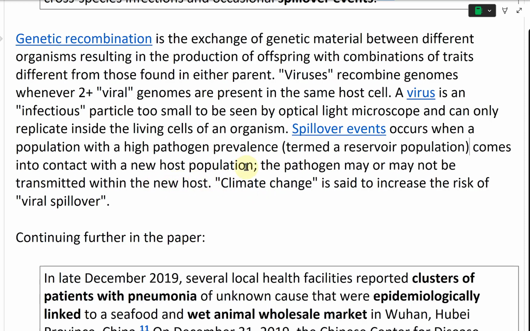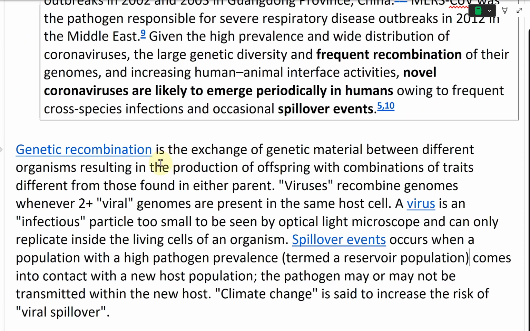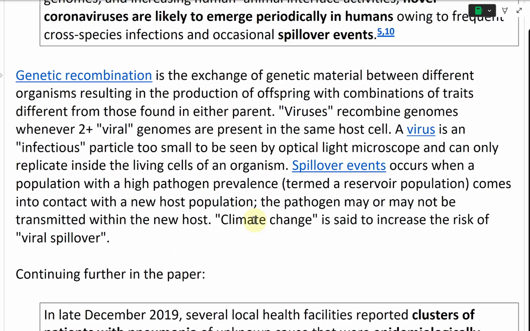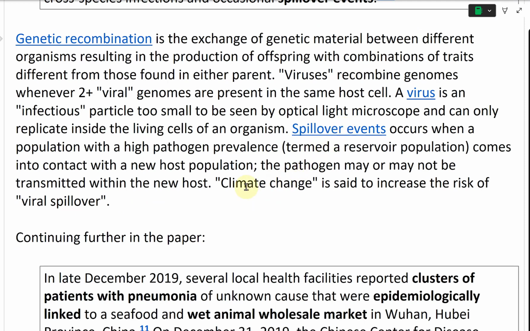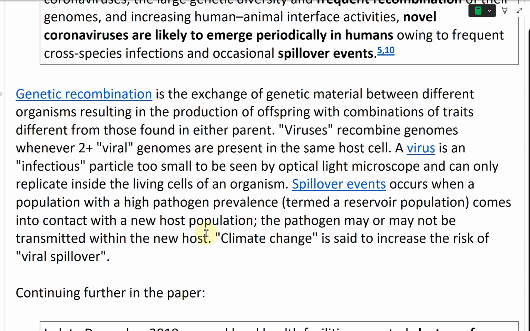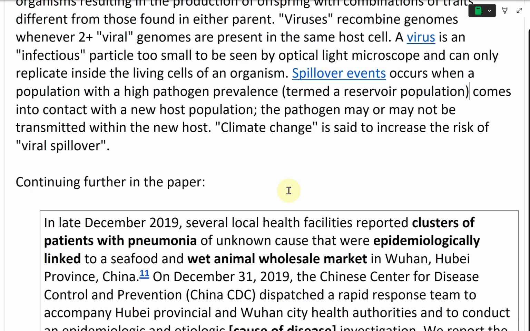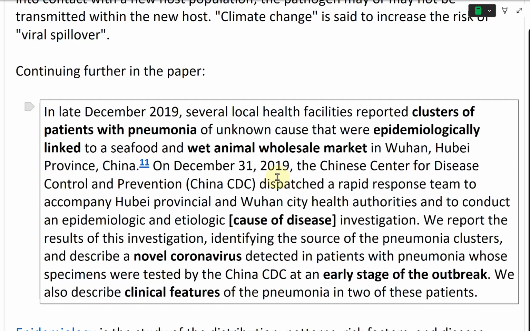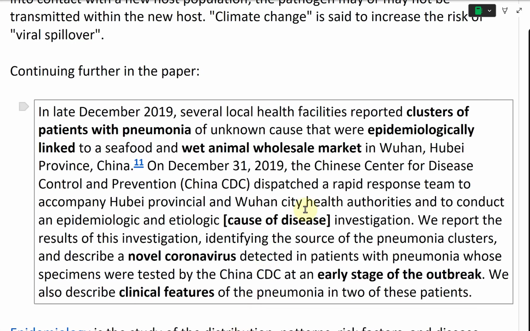And going further, climate change is said to increase the risk of viral spillover. Yes, if you go to the Wikipedia article on this, it says climate change is going to increase this basically pathogen swapping into new hosts and so on. And they may or may not be transmitted within it, but assuming there's going to be another pandemic declared, saying that climate change caused another quote pandemic. Anyways,